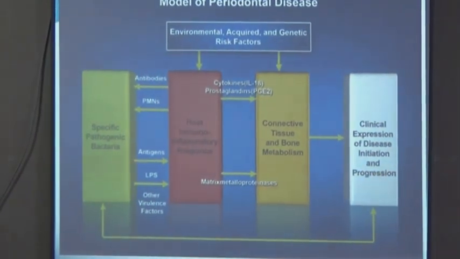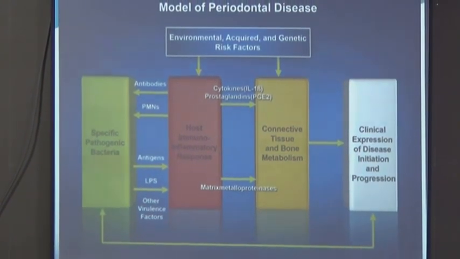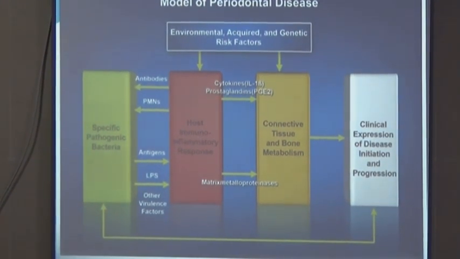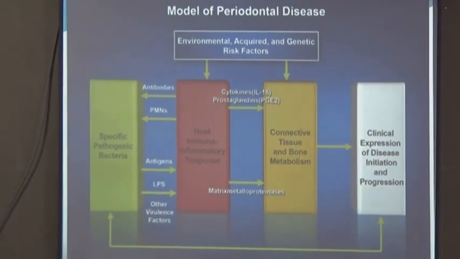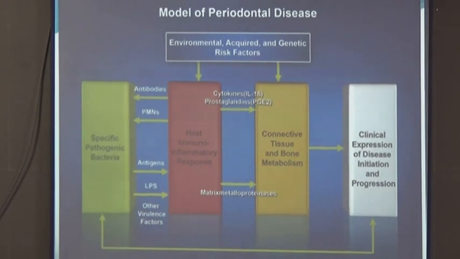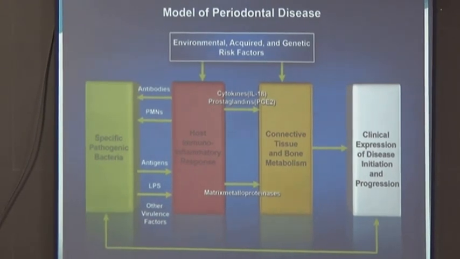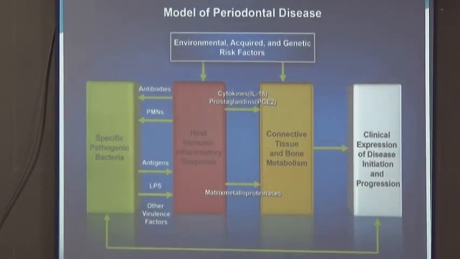This is the mode of periodontal disease. Specific pathogenic bacteria enter the host, release LPS and antigens, and there is going to be a release of cytokines, and connective tissue destruction takes place. Only then you are going to get the